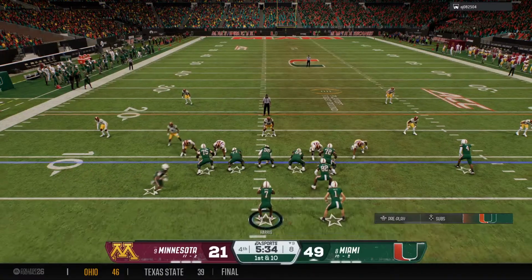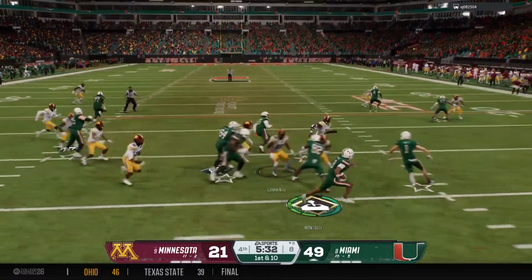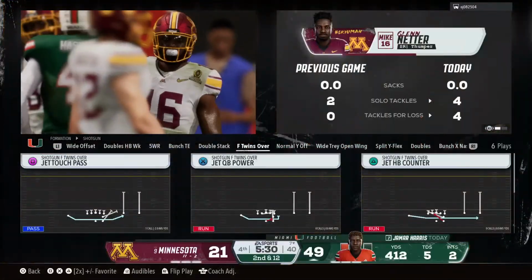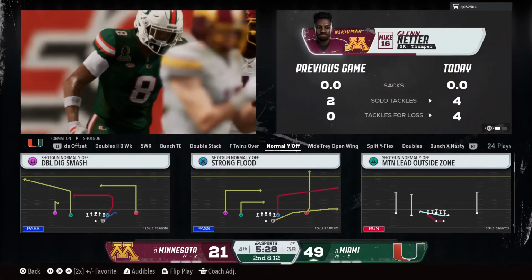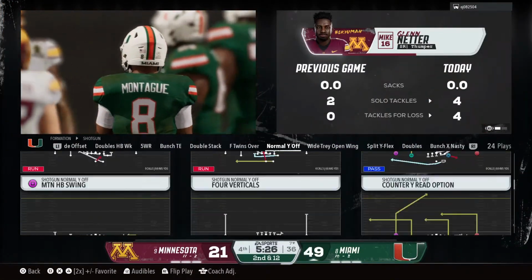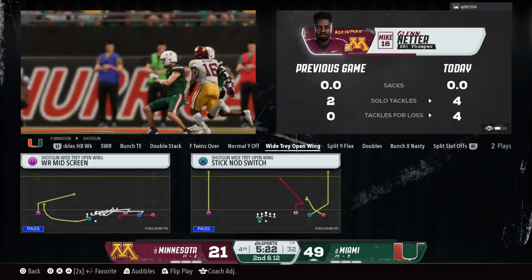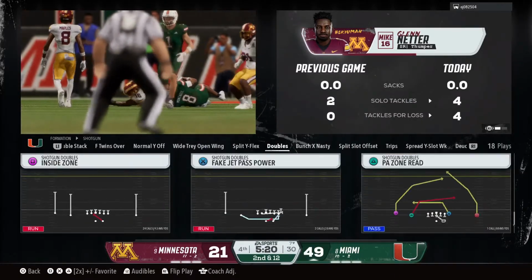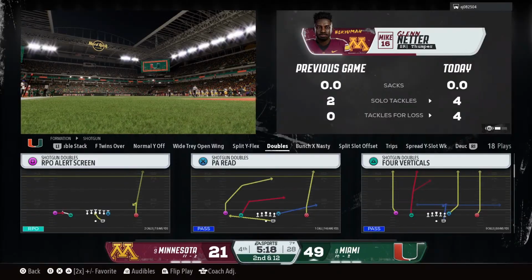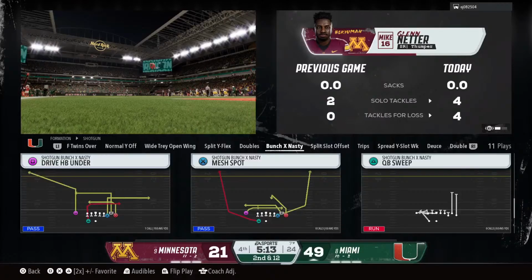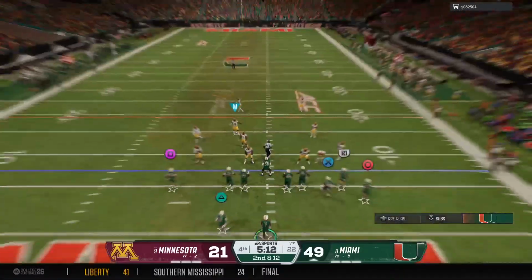Receiver in motion now. A pop pass on the jet sweep. Brought down for a loss after the completion. Not what they were looking for. This is a great job of being prepared by this defense. Almost anticipating this play, they're in position to bring him down for a loss. Getting set. Here's 2nd down.